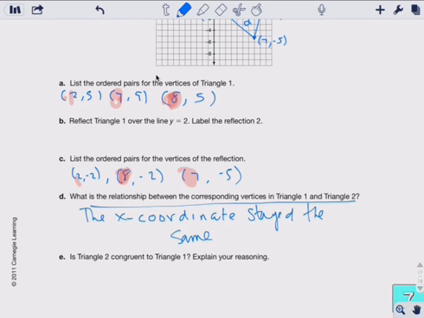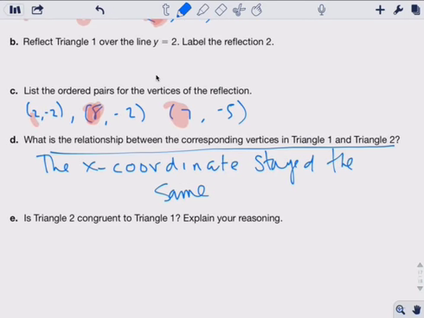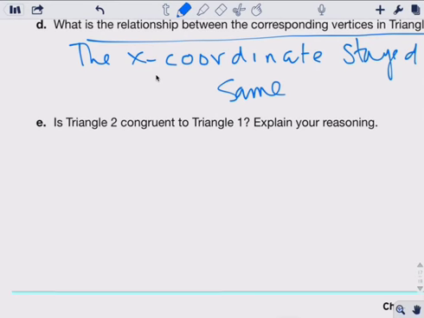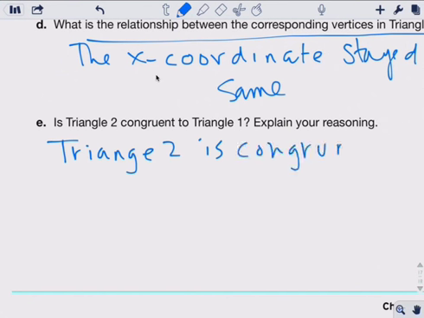Triangle 2 congruent to triangle 1. Explain why. They're congruent because they're just a reflection, and reflections do not change anything. Triangle 2 is congruent to triangle 1